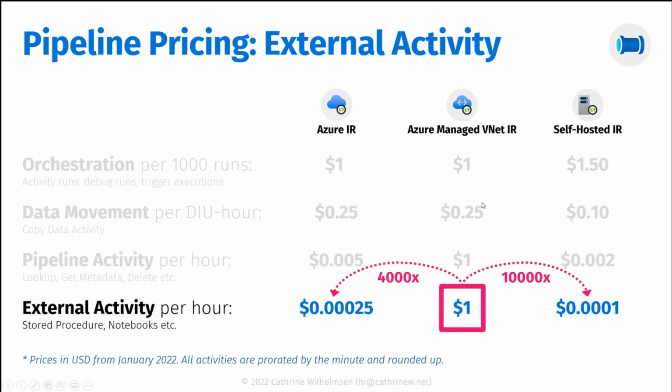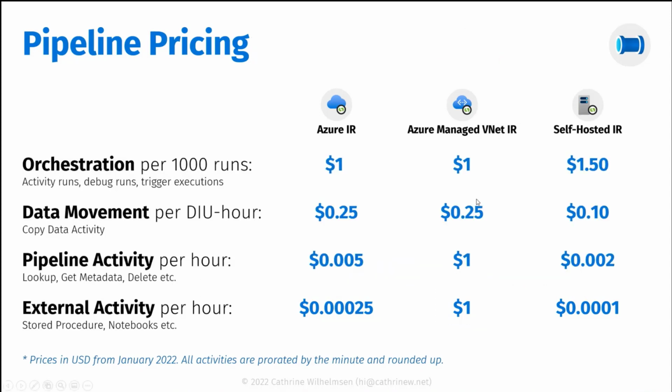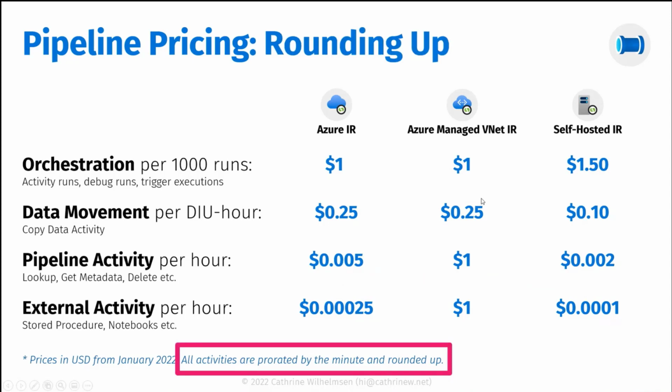You don't want to get that surprise bill at the end of the month. If you're reading my screen, you can probably also see something at the bottom that says that all activities are prorated by the minute and rounded up. And this is important because this is for all of these activities that are listed per DIU hour or per